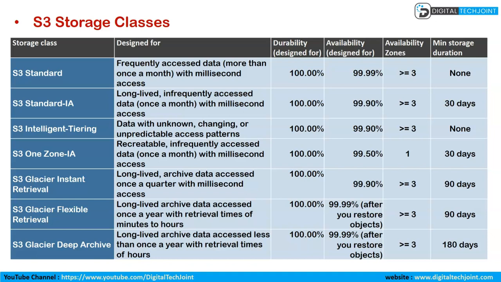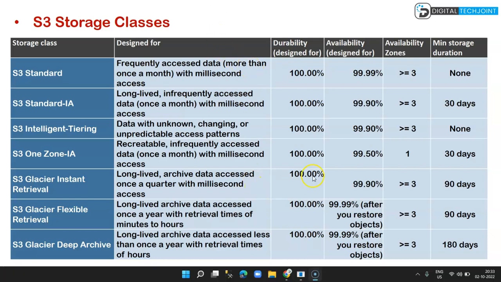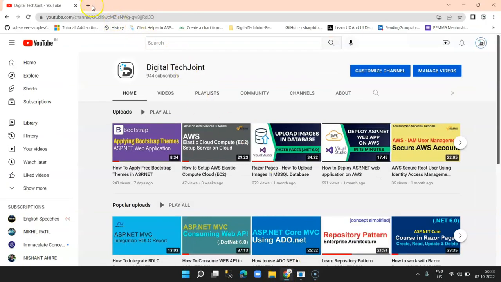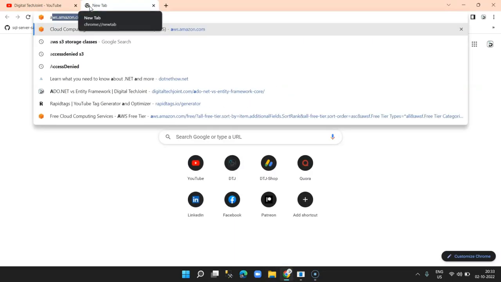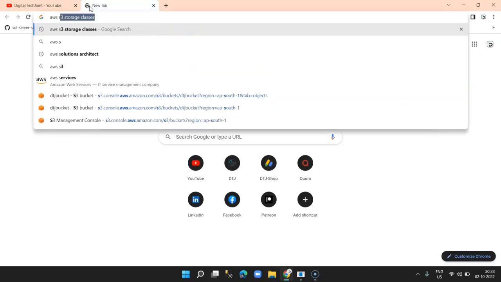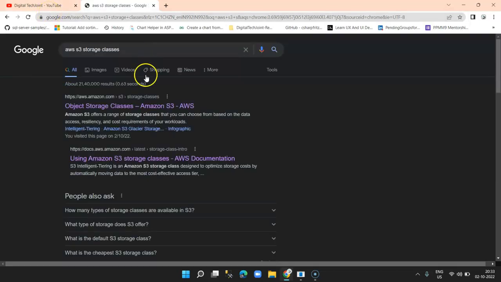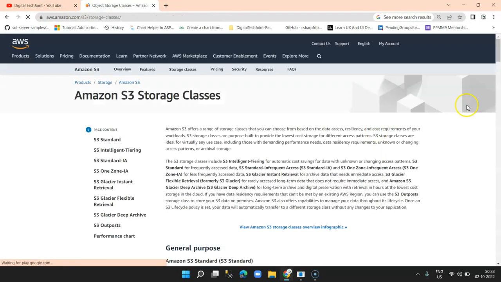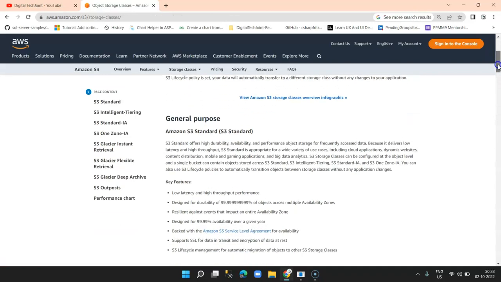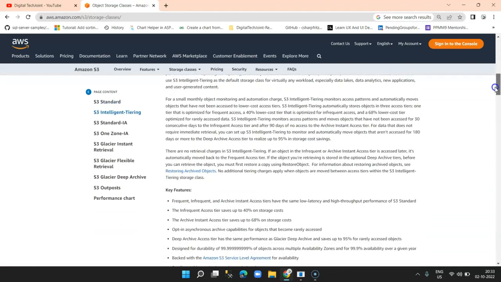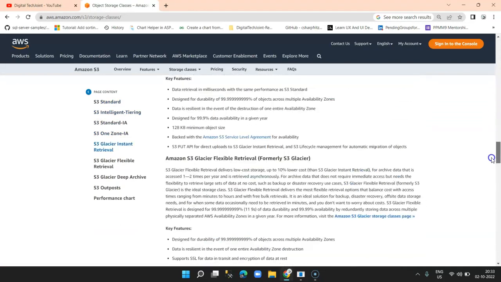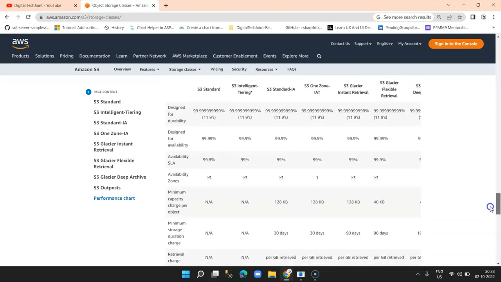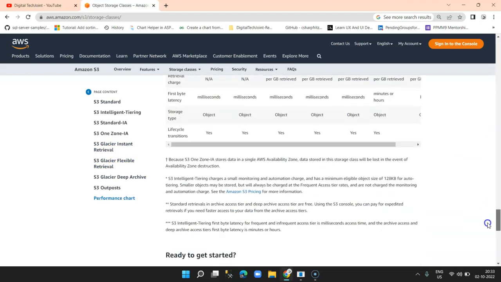class. And this class has the cost difference which is lesser than the other classes that are defined and explained over here. For details, you can go to Google and type AWS S3 storage class. Now you can get this page where you can click on the first link and go through this entire article where it explains each and every class in detail. And obviously it also has a table which I had copied and formatted for you guys so that explanation is